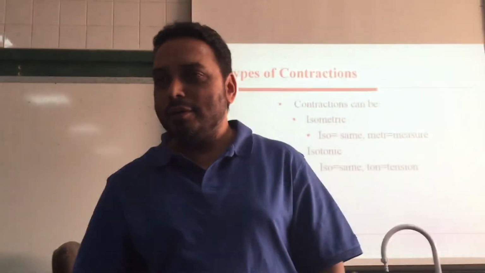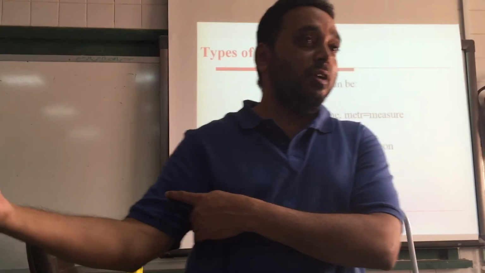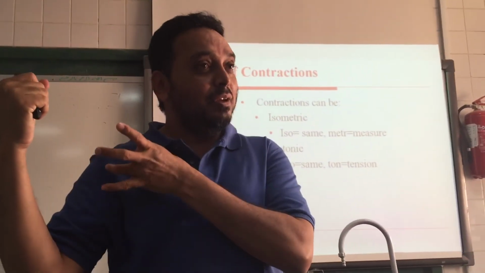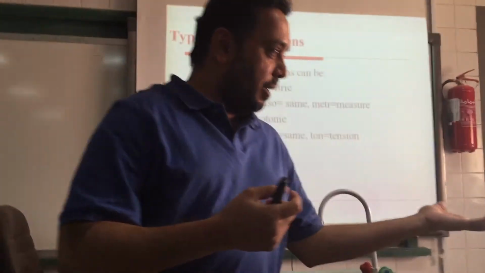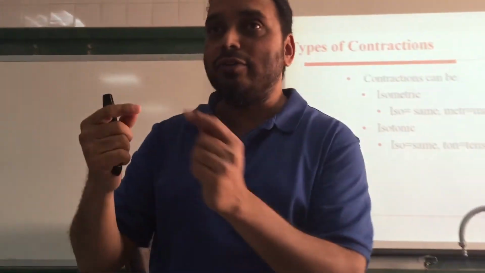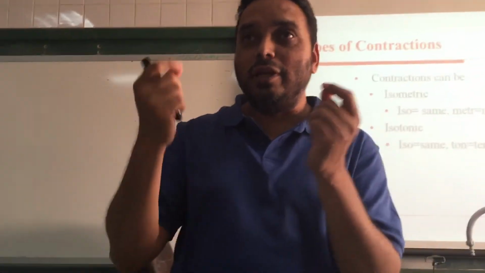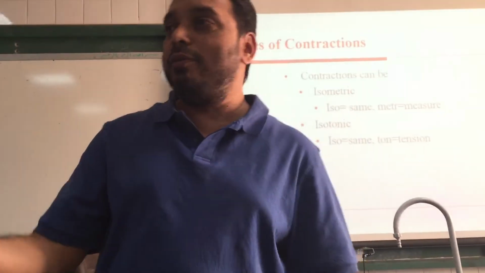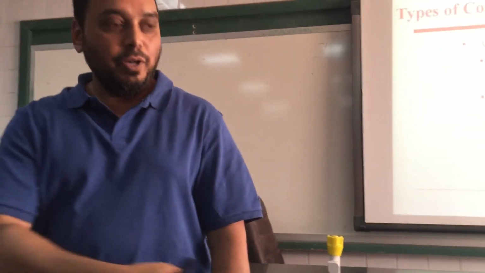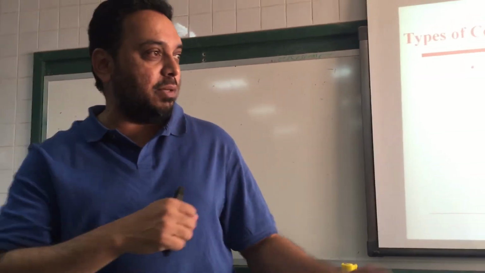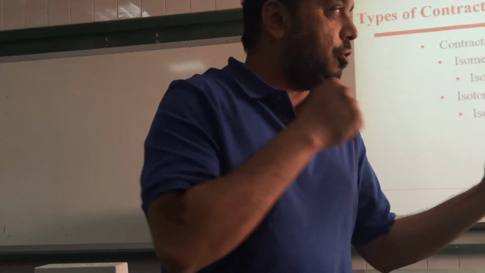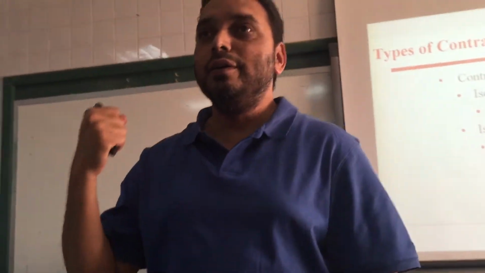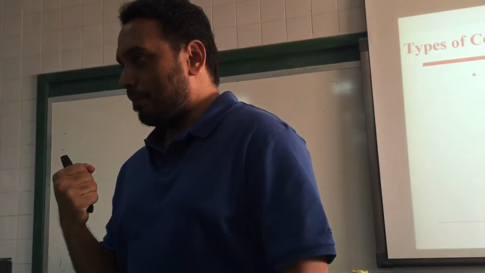It's the same tone. Because the tension is the same, it doesn't relax, but the length is changing. It is decreasing. When the muscle contracts, remember, the length of the muscle shortens. It has to pull something. That means the muscle has to become shorter in length. This is isotonic contraction. Mazboot? It's both.